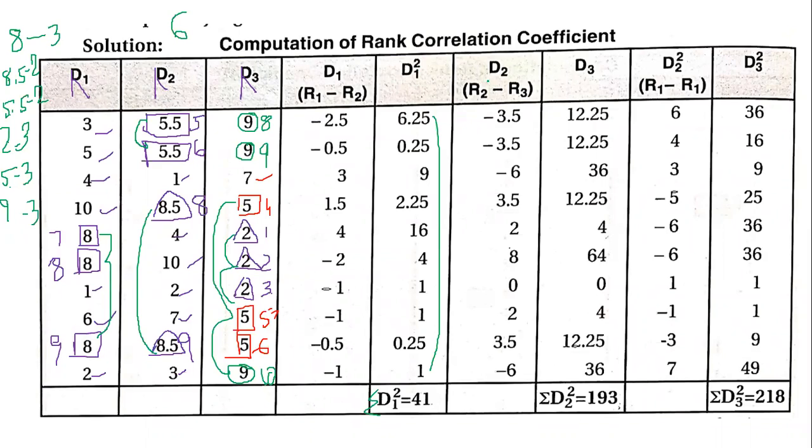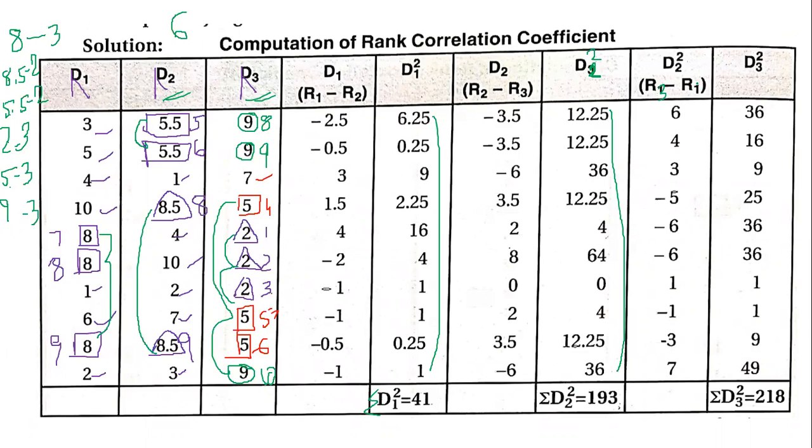Now going on to the next difference, that is R2 minus R3. So these two columns, R2 and R3, when I subtract, I get these values, that is difference 2. And when I square that, it will be d2 square. Okay, so this is d2, and d2 square will be the value. Then once I find all the squares and add them, I get summation d2 square. Then the next value will be R3 minus R1.